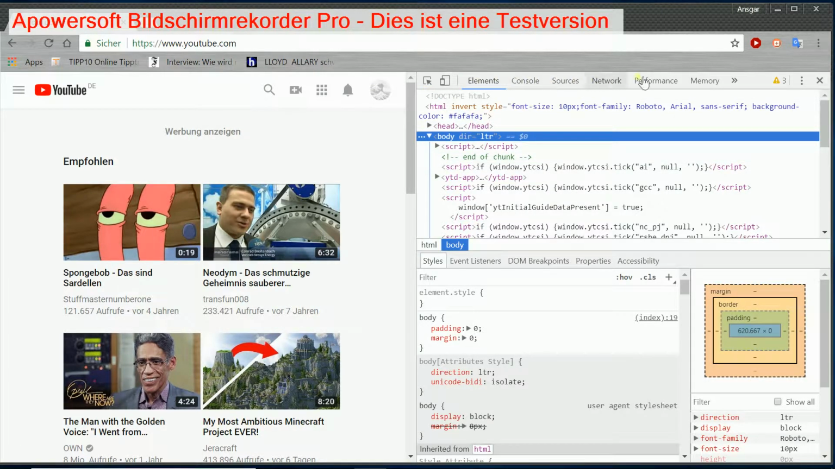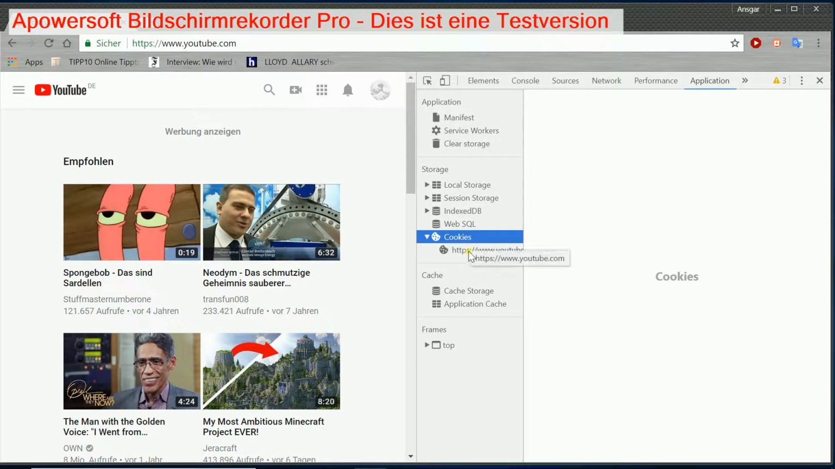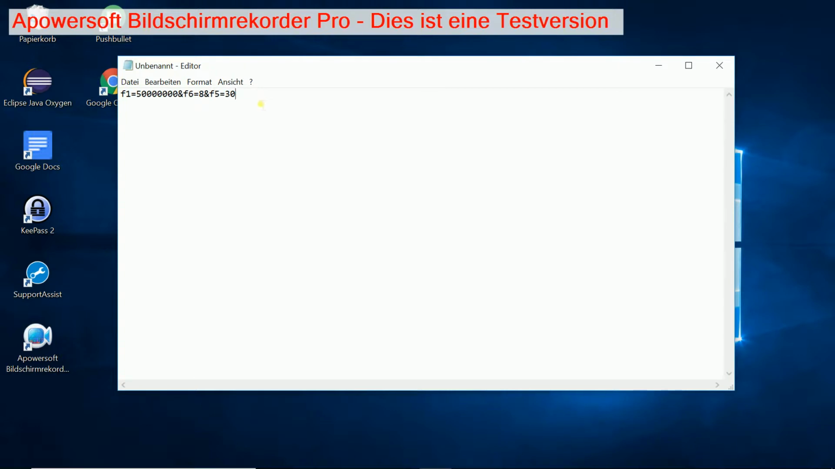Now up in this menu right here we need to go to application, then we need to go to cookies, select the YouTube cookie, and we need to modify the value of the pref part. Therefore, we are going to use this value right here. This is going to be in the description as well. I'm going to copy it,